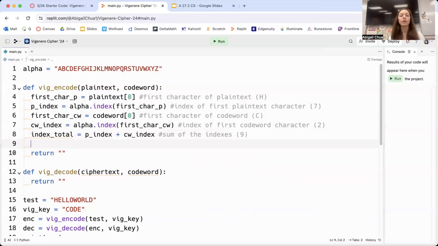Okay. All right. Done. We've got the sum of both. Index total is going to be the new index for your new character. So this is time now for us to find out what is the new character that we get when we add H and C together. All right, so I'm going to say new character